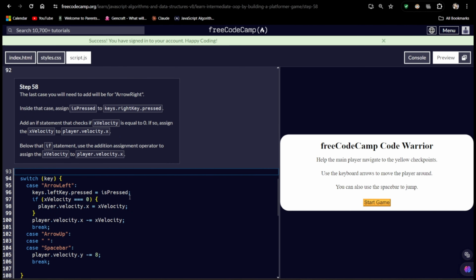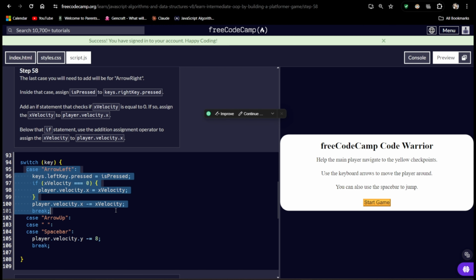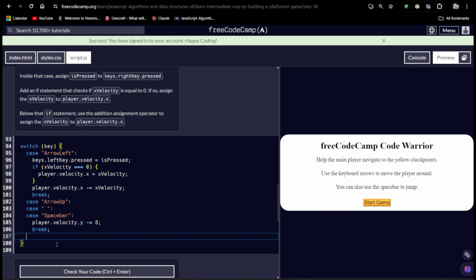The last case you will need to add will be the arrow right. And inside that case, assign is pressed to keys, right key pressed. So it's basically the same as this one, but with a little bit of change. So add a new case called the arrow right,